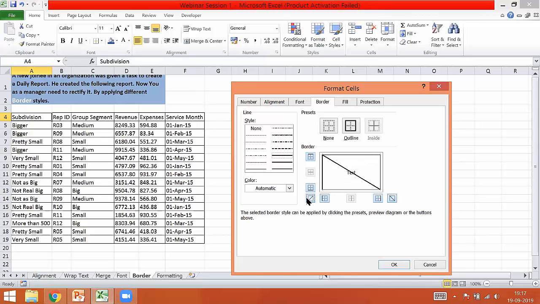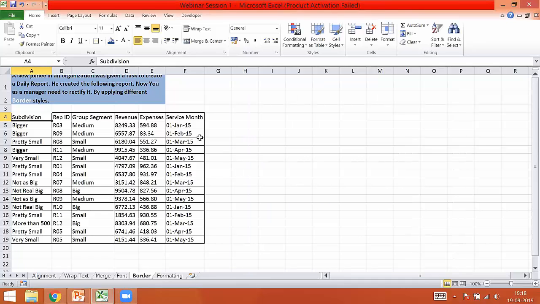You just need to deselect if you don't want that particular style, and this is how it will get displayed. These styles are applied when you are segregating two texts in one particular cell itself. You can use either one of them. This also really beautifies your data, and you can apply either one of these borders.